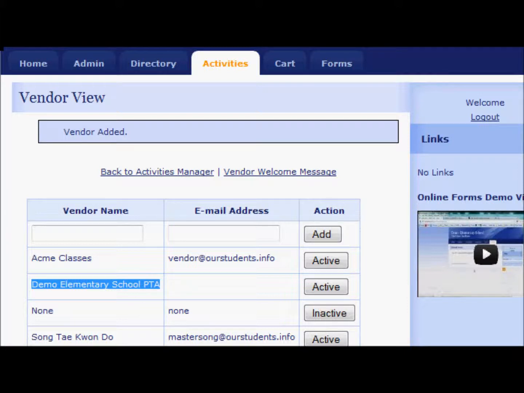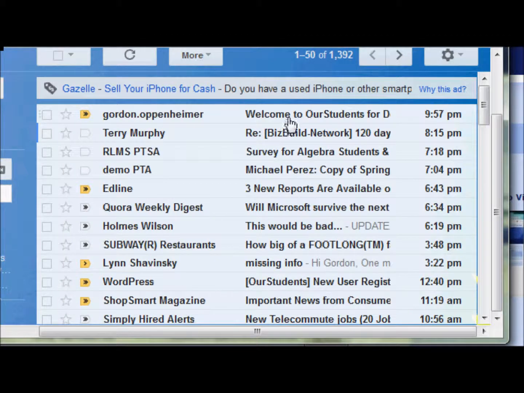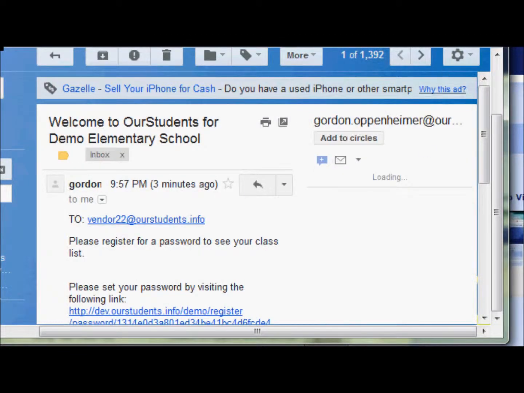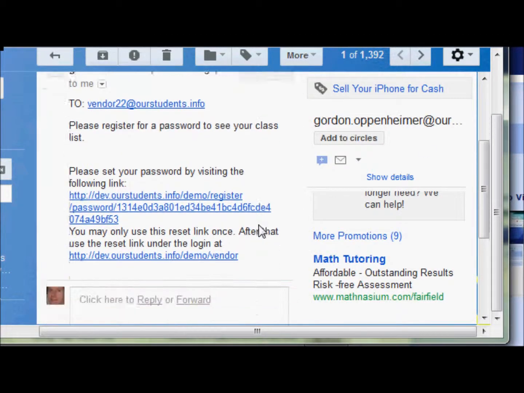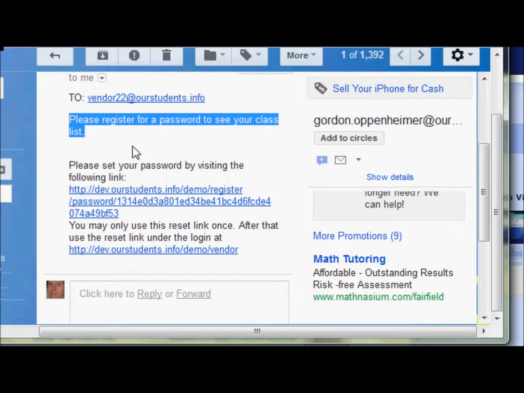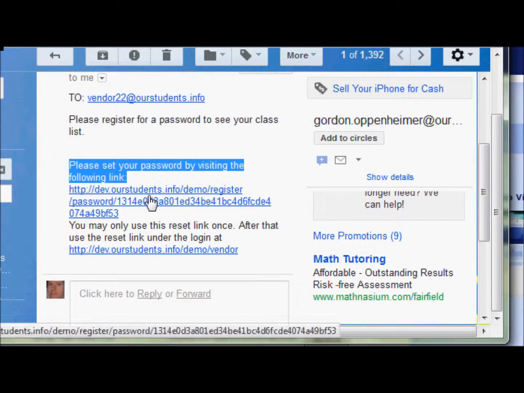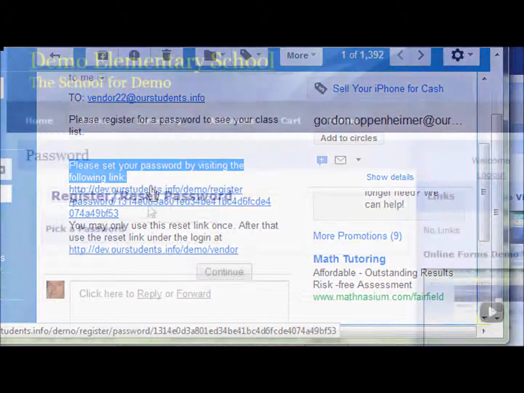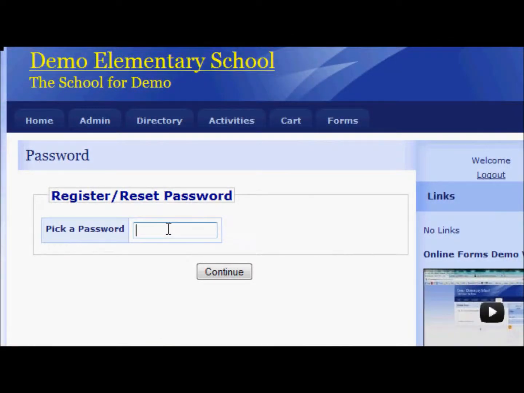Now let's go ahead and take a look at the email that went to the vendor. So the vendor sees this email, which is part of the message that you can configure, and then this is the part that they're sent. So they are requested to click here to set their password. So then they just pick a password